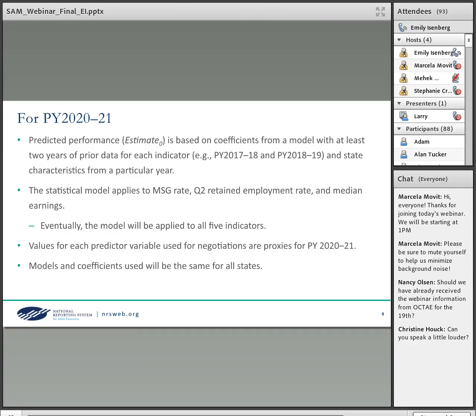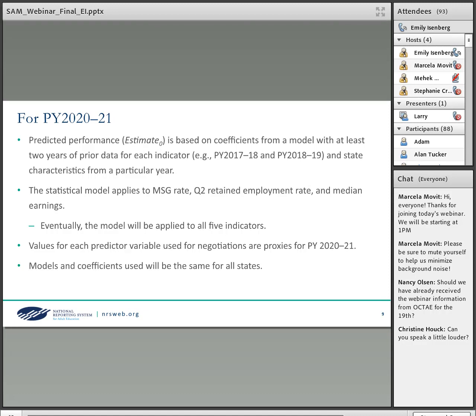Predicted performance is based on coefficients from a model with at least 2 years of prior data for each indicator. For example, program year 2017-2018 and program year 2018-2019, and state characteristics from a particular year. We're calling predicted performance based on the most recent year of data available, estimate 0.